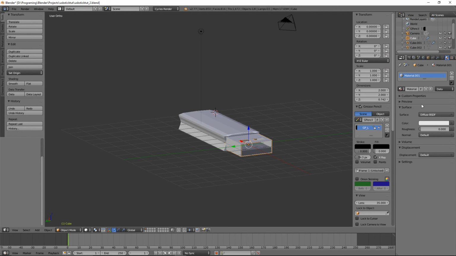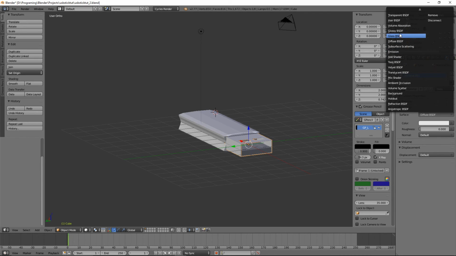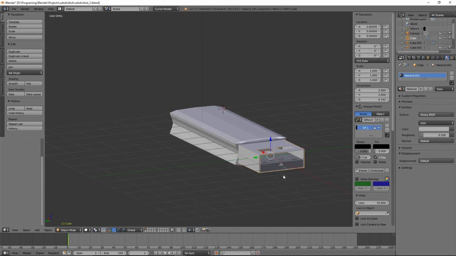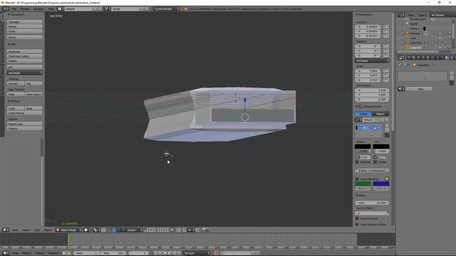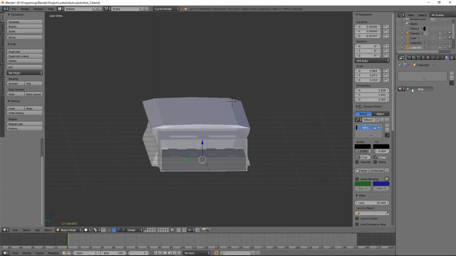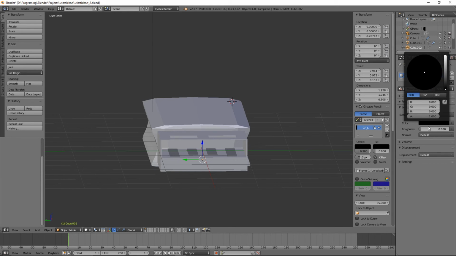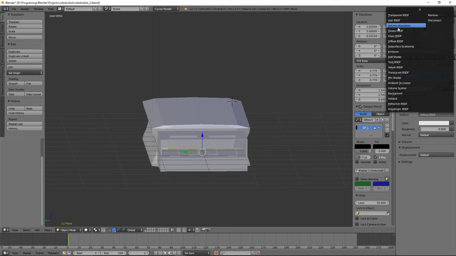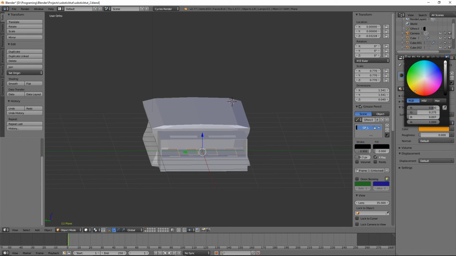The housing is of course again a glossy material, kind of grey, maybe at 0.1 roughness. The interior part is a diffuse, not total black. Now the pins are mostly golden, yellowish, brownish